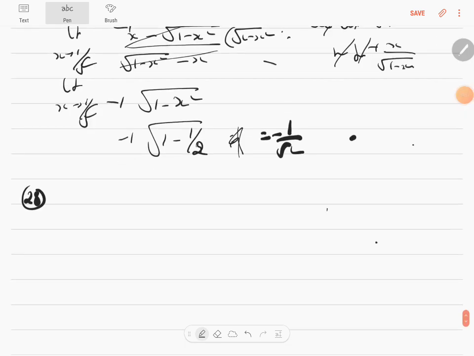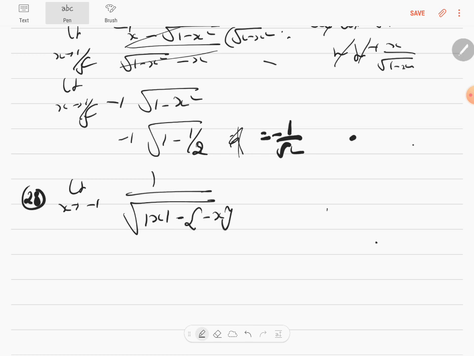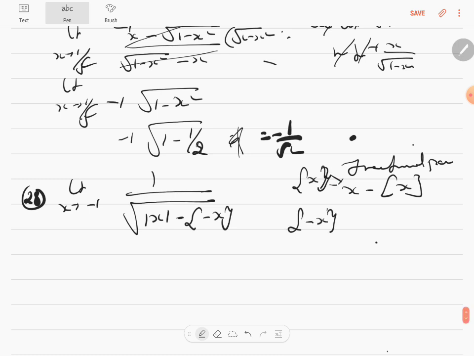It's the 28th question. Limit of x tends to minus 1, 1 by root of mod x minus double bracket x, where the double bracket is the fractional part, and you know fractional part means it's x minus the greatest integer function of x. That is what fractional part means. Okay, and the floor bracket just indicates this. If this bracket has got minus x, so it will be minus x minus the greatest integer function of minus x. So that's what this means. Okay, and so on substituting that here,